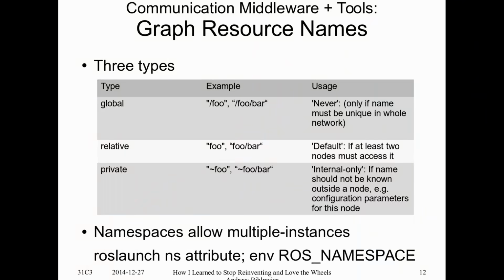Okay, I talked about names. For everyone who ever used URLs or perhaps a Unix OS, it will be quite familiar that you have absolute paths that begin with a slash, and you have relative paths that are not anchored at the root of your system. And this is quite nice because you can, at runtime, tell a node, okay, don't publish your topics at the root of your namespace, but push it one space down, like moving something into a subfolder. If you have relative addresses, everything will continue to work within that subfolder, even if you